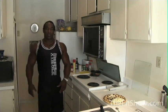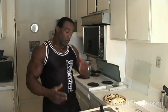Because of my metabolism, I can get away with eating a little sugar because I eat clean all year round. 85% of my meals are clean throughout the off season, and therefore I don't have to really kill myself when I'm getting ready for a show. Normally I start dieting 10 weeks out, because the first 4 weeks are the toughest, trying to make the switch to eating the right